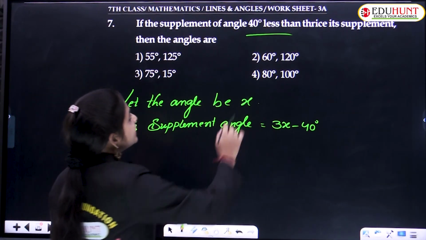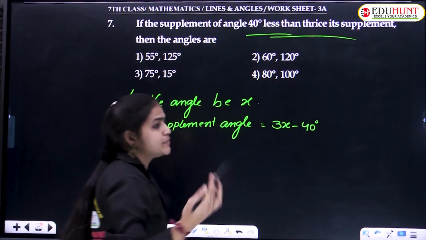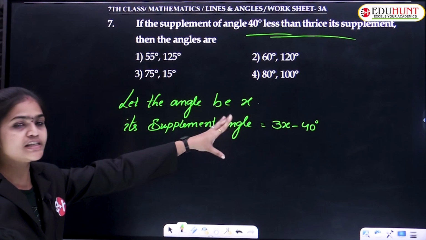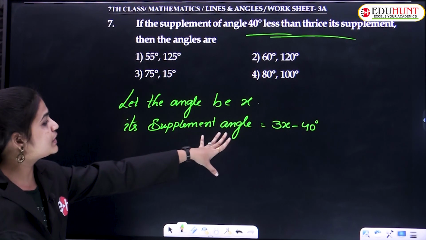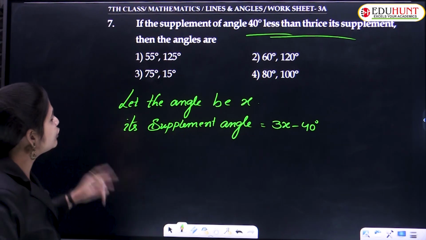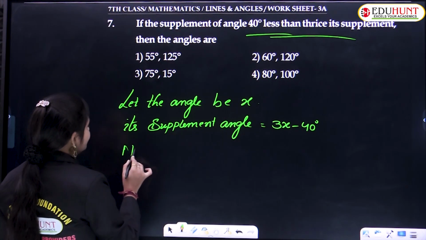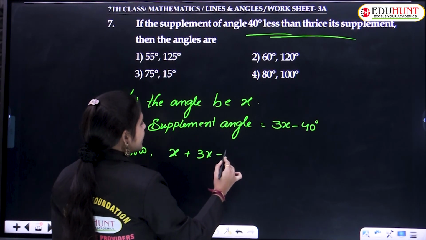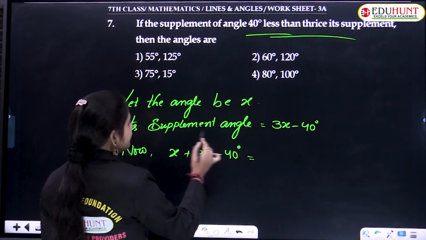3x minus 40. Here they gave it in sentence form, no? Just convert the sentence form into numerical form. Here you will get 3x minus 40 degrees, the expression form. Okay? Now we need to find the angles. Now x plus 3x minus 40 degrees is equal to, for supplementary angles,